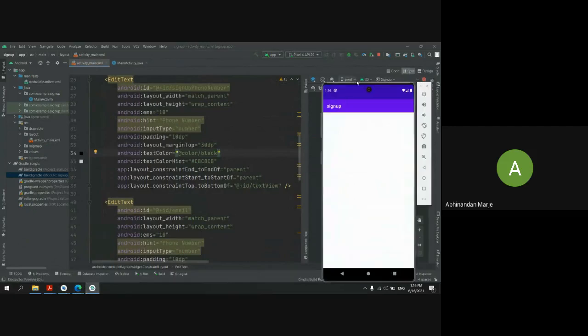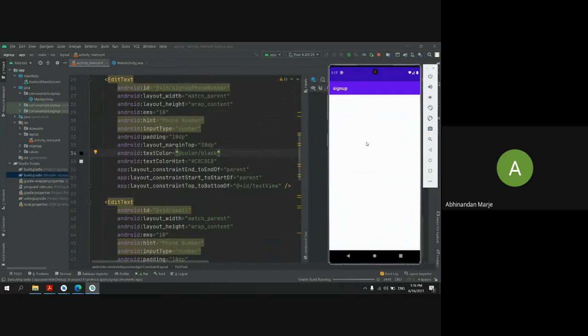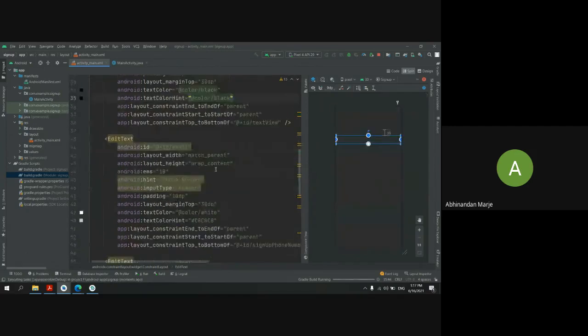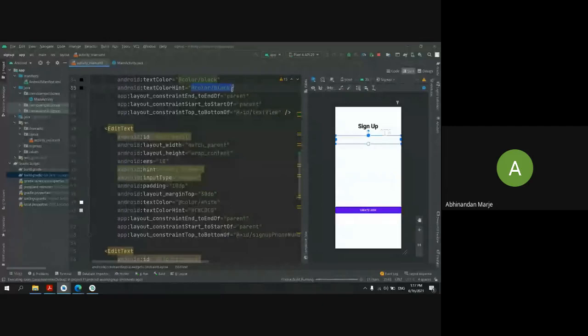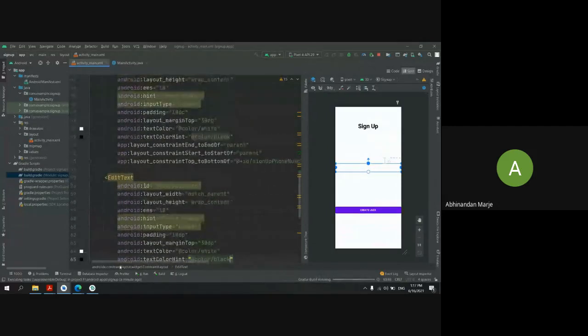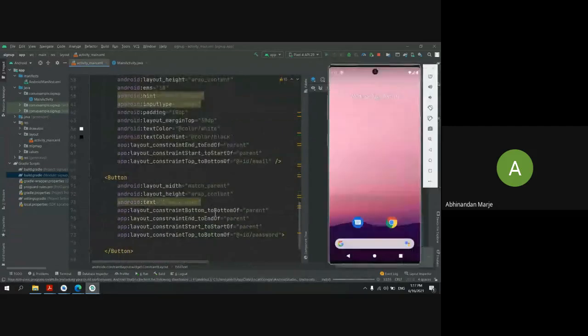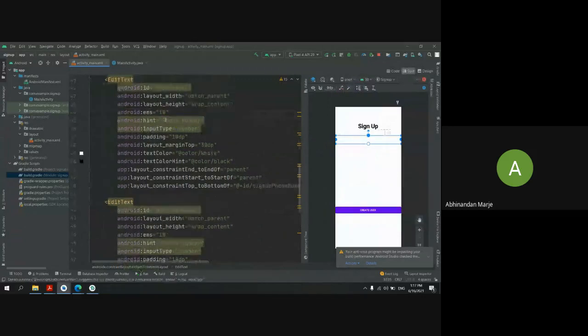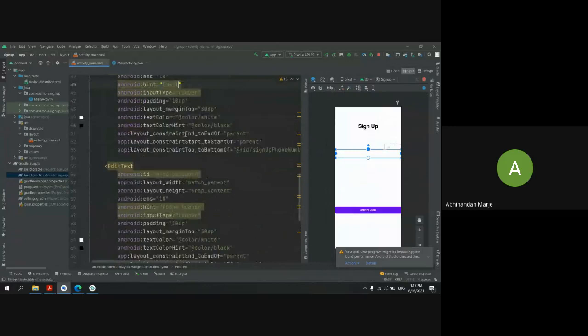Check and run it. Yeah, here it is visible correctly. Change some text here. Yeah, password.